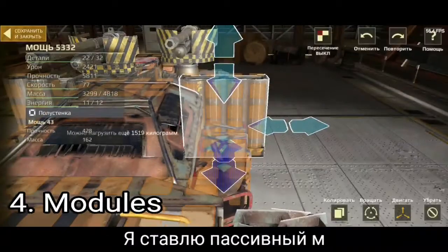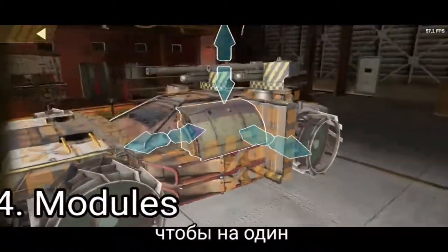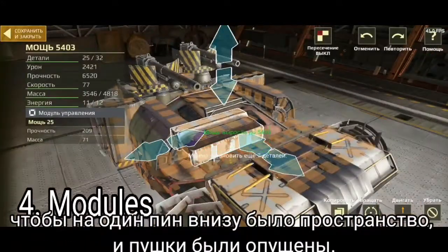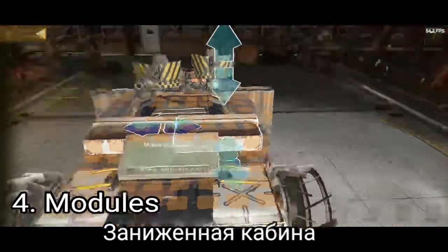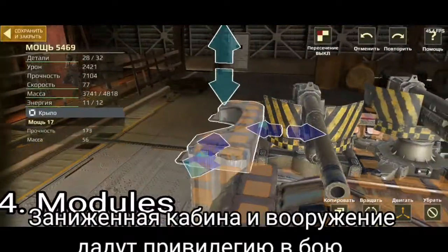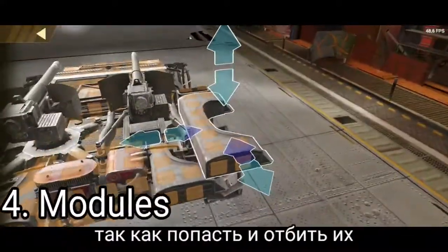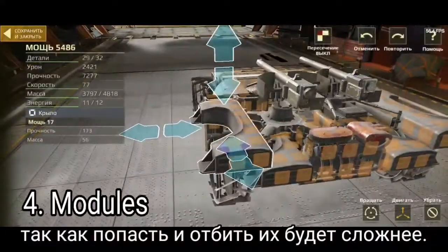I place the passive model along with the frame so that there is space on the square below and the cannons are lowered. The lowered carbon and armament will give a privilege in battle, as it will be more difficult to hide and